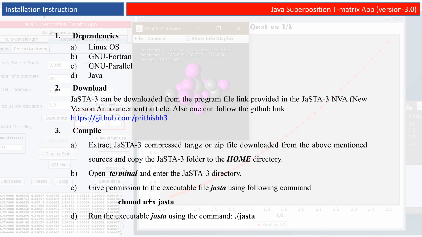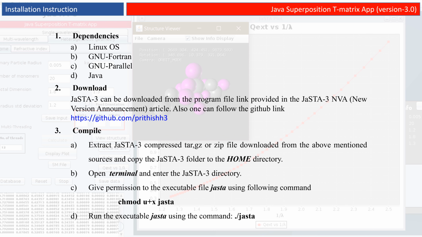In order to download the Jasta 3 application package, one can get the program file link provided in the Jasta 3 new version announcement article, and alternatively one can follow the following GitHub link in order to download the Jasta 3 package files.